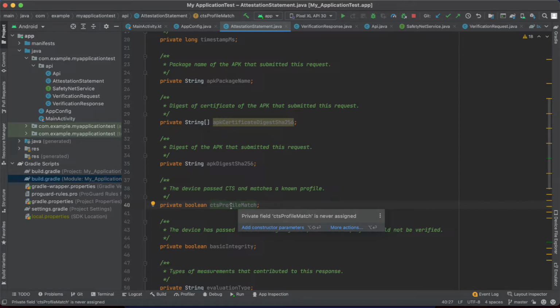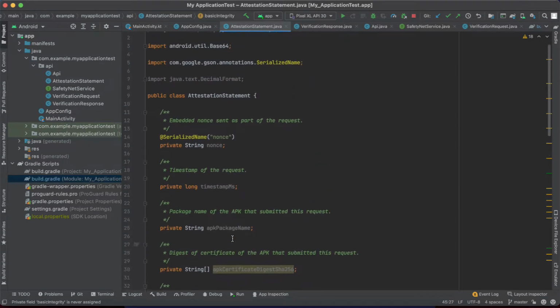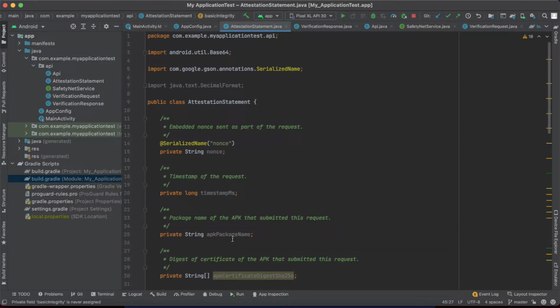And if your device matches this CTS profile, then the integrity of your device is okay, and you have the basic integrity too. So these are the properties you have in the payload of the JSON Web Token string,